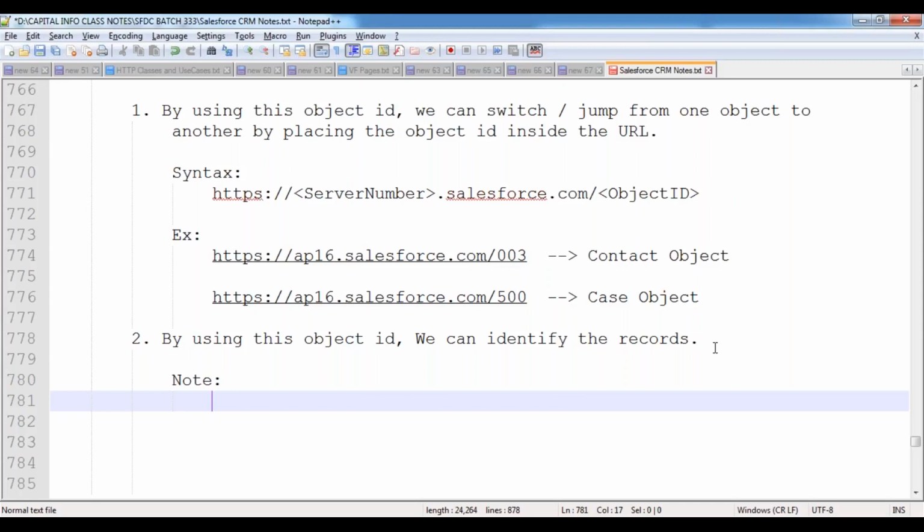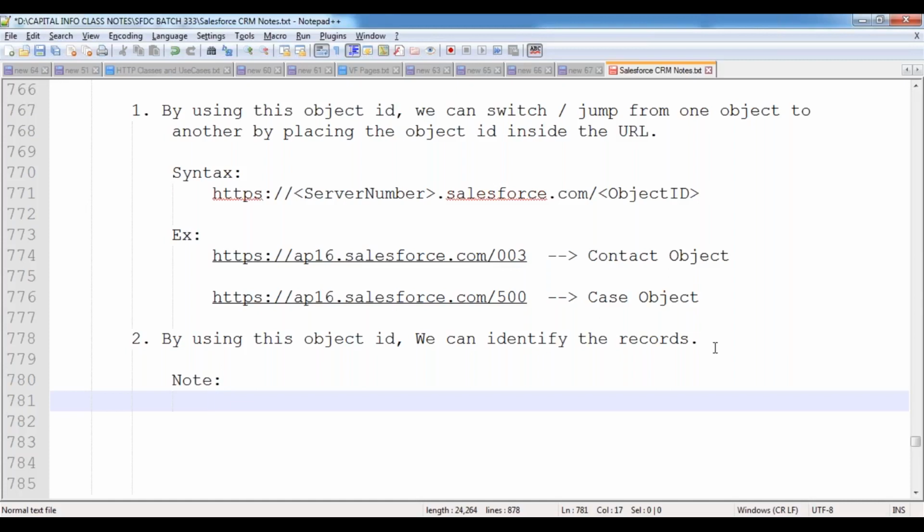No. Because multiple employees may have the same name, so it will be difficult to identify each employee. So we allocate a unique identification number for each employee, called the employee ID. Employee names may be the same, but the ID will be different.